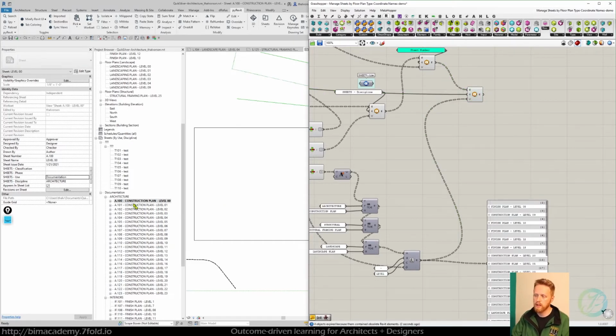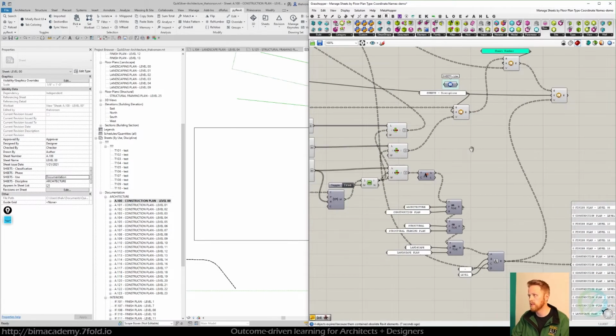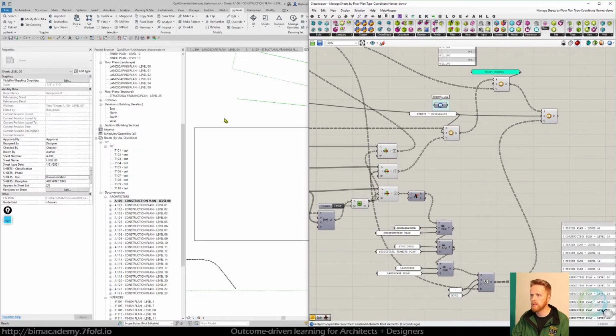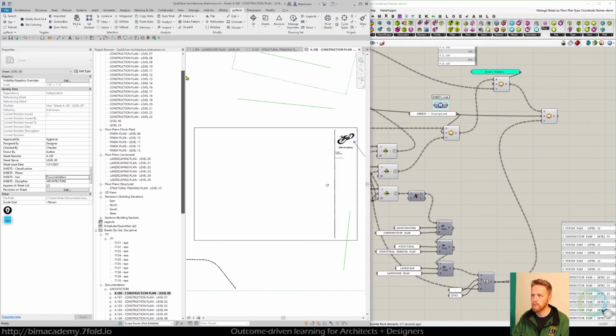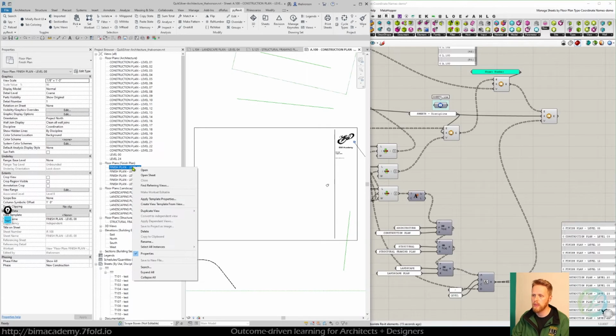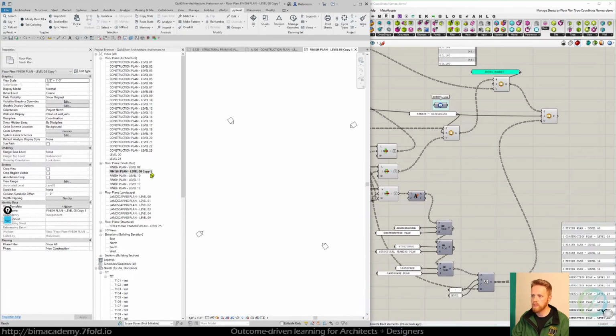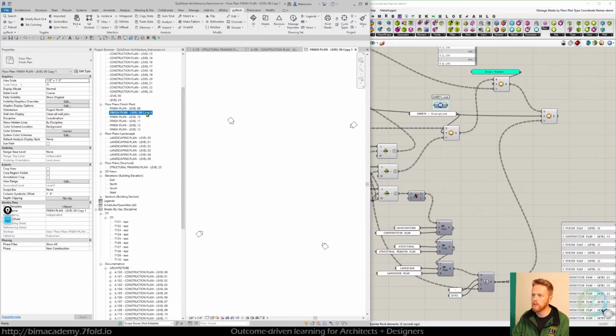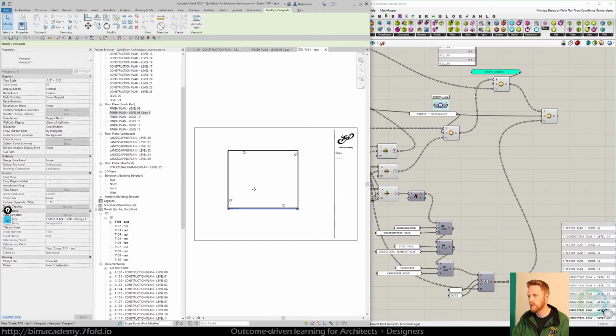All right, so you can see that automated it right away. Now, if we wanted to put this to the test, we could do it by creating a new view type. So I'm actually going to try that quickly. I'm going to right click, duplicate, and just duplicate that and leave the copy one on there. Now, if I tried to bring this into a sheet here and place it,